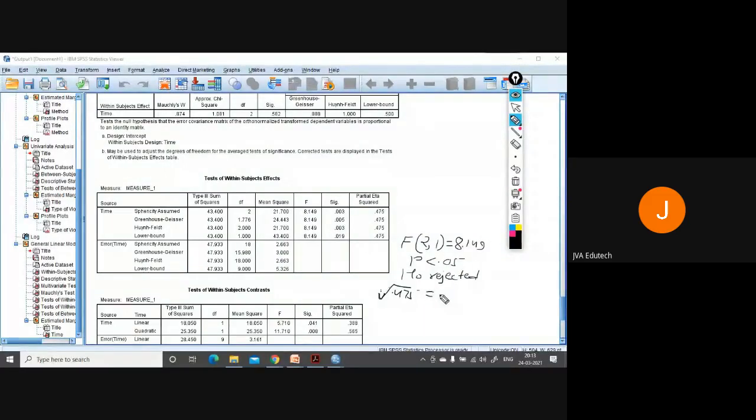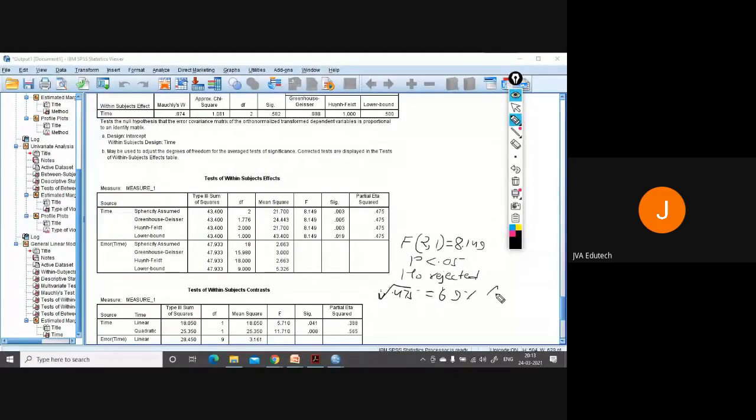So if you calculate this result and generalize it to the population, let's see how much it comes out to be, 0.475. It comes out to be 69% around. So 0.689 will transform to around 69%.